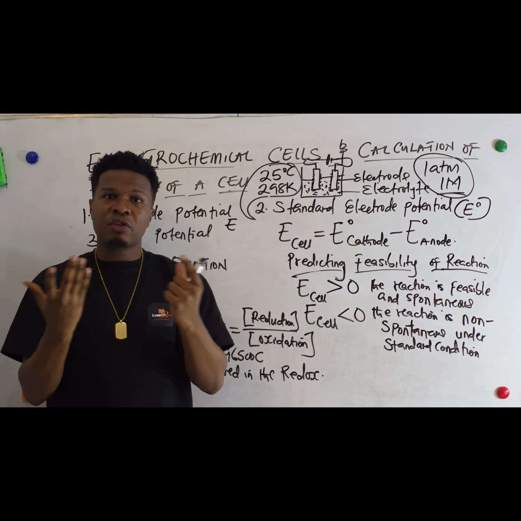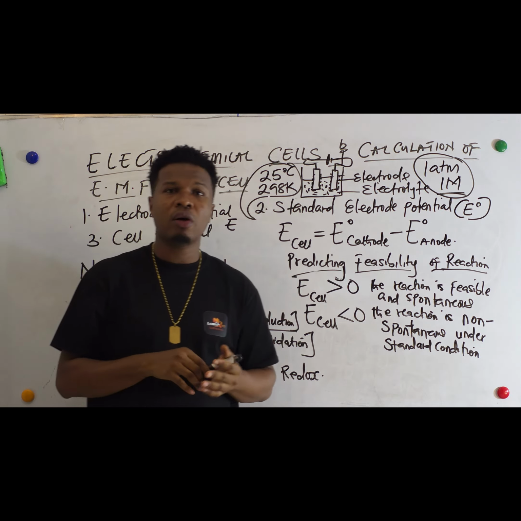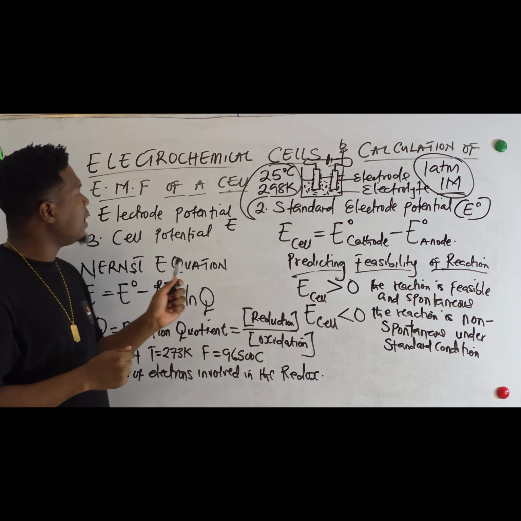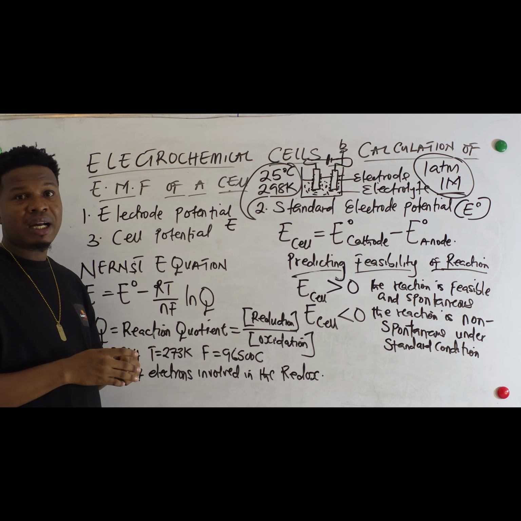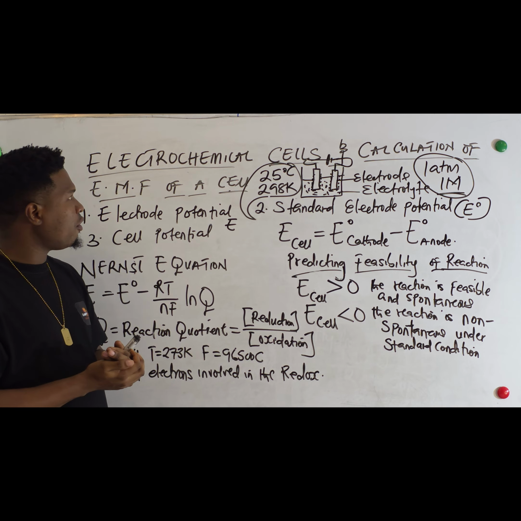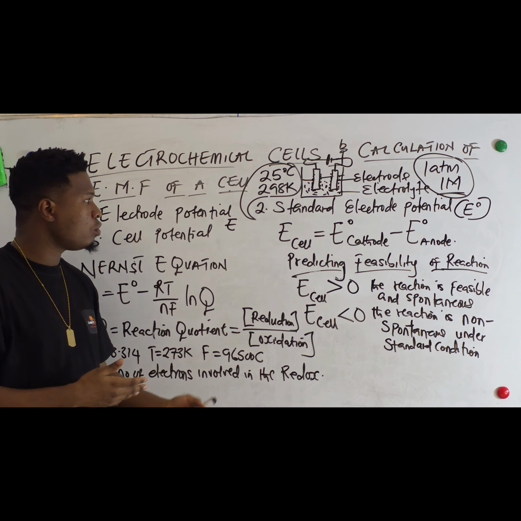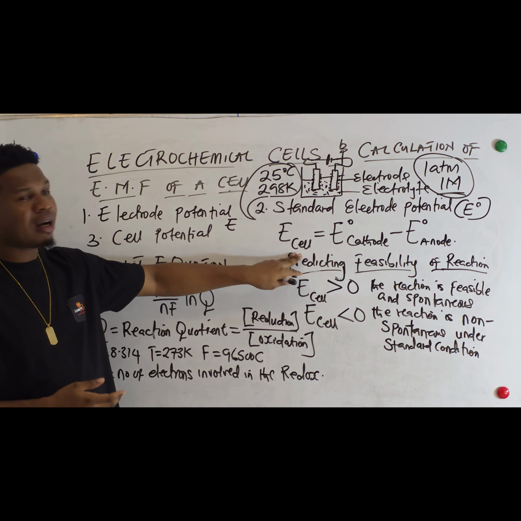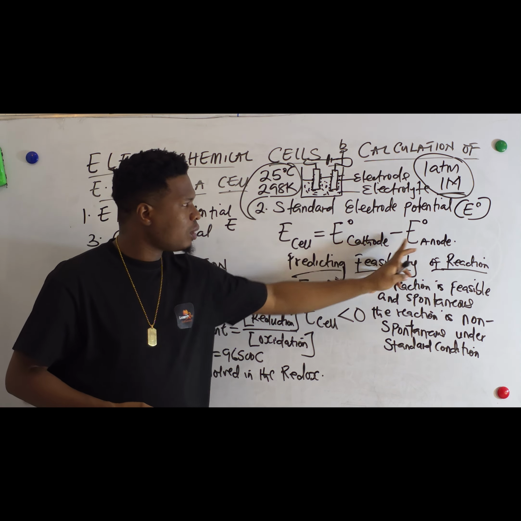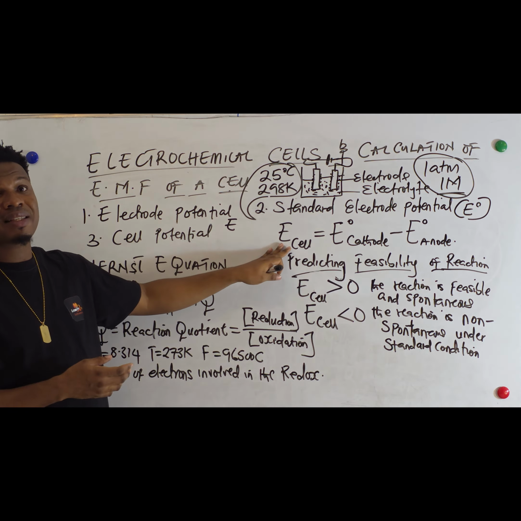The two cells, of course, are the oxidation half and the reduction half. The potential difference between the two is what we call the cell potential. So this E cell, the electrode potential or EMF of this cell, you can also call it the EMF, okay? Let's not confuse you. The EMF of the cell is also known as electromotive force, or the potential difference between the two. So the EMF or the E cell can be calculated by knowing the electrode potential for the cathode and that of the anode. If you subtract them, whatever you have will become the electrode potential of that cell,